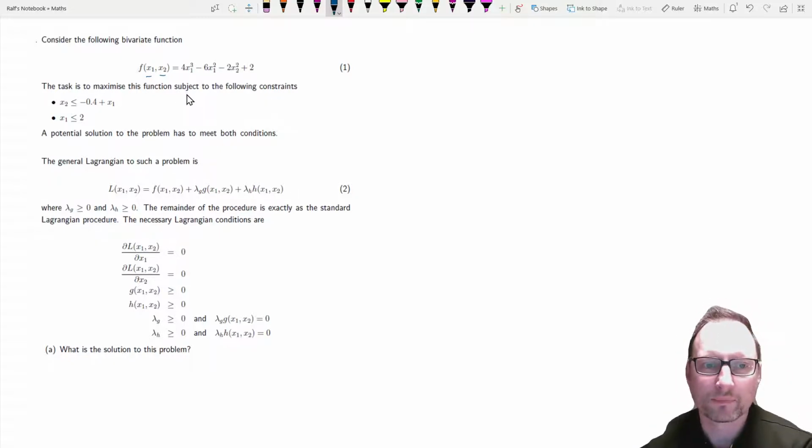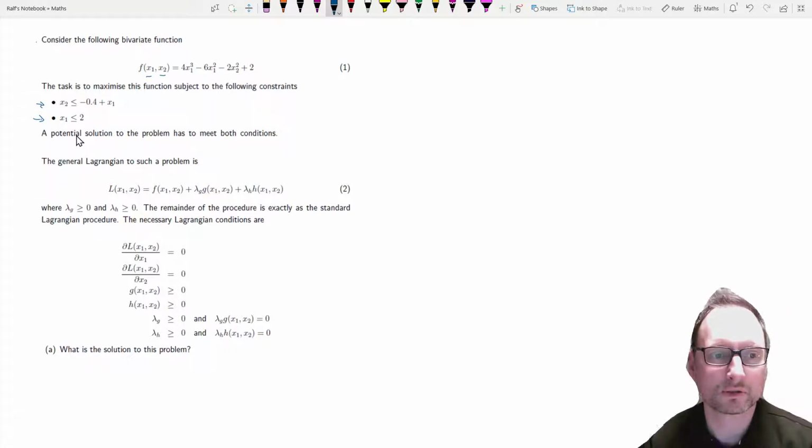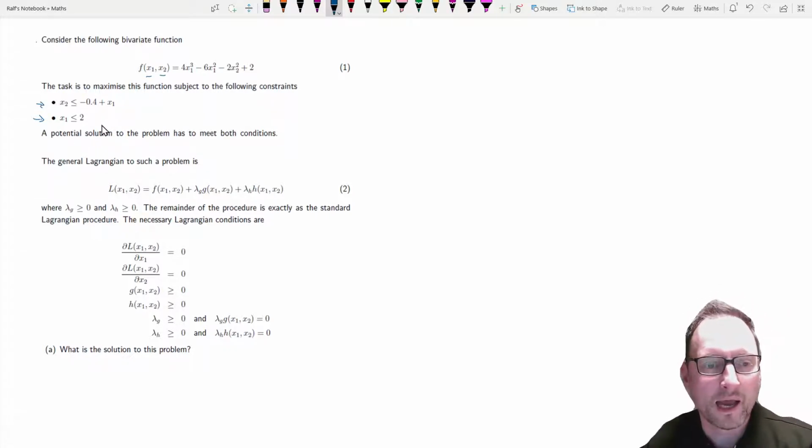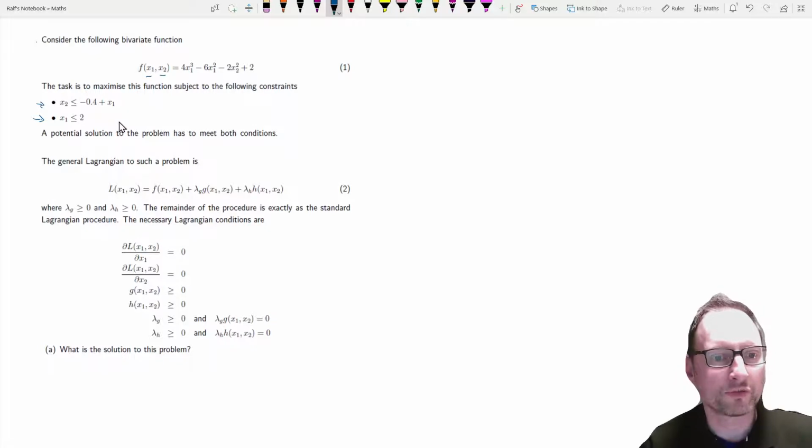In fact, we have two constraints, and that is sort of the slightly new twist to this question. The first constraint says that x2 should be smaller or equal to -4 plus x1, and the second constraint indicates that x1 should be smaller or equal to 2. That doesn't actually involve x2, so it doesn't constrain anything about x2, but it constrains x1. And what we want here is the solution to this problem, but that solution has to meet both of these